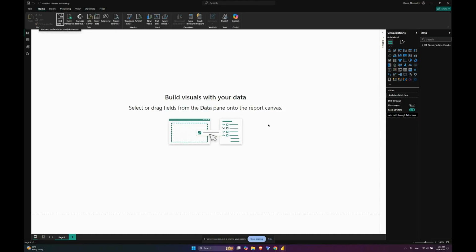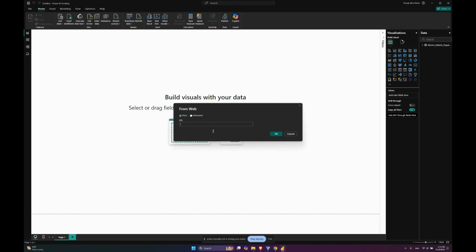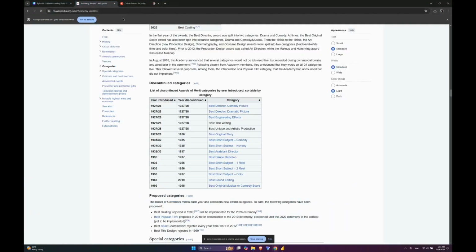That's it. And now, how to connect your data to, for example, the web. Click web, where you can write a link. I will open the web and click, for example, Wikipedia, or where we can see academic